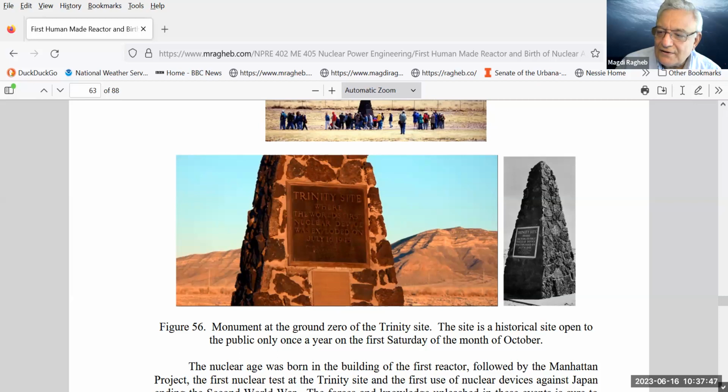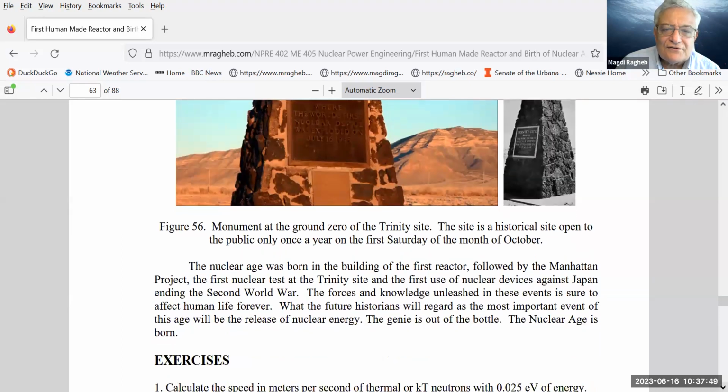He was on an Air Force air base in the vicinity. So if you find your way there, you can visit that site on the first Saturday of the month of October. The nuclear age was born in the building of the Chicago Pile Number 1, followed by the Manhattan Project,